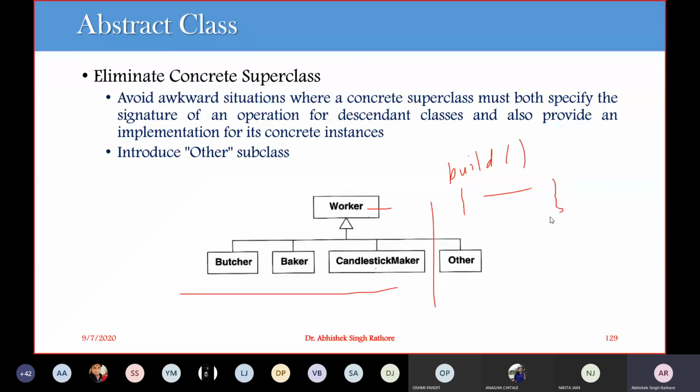So we can remove the definition from here, remove this abstract operation, and create another class, let's say other classes, and move this particular build operation to it, while the common operations remain available here.